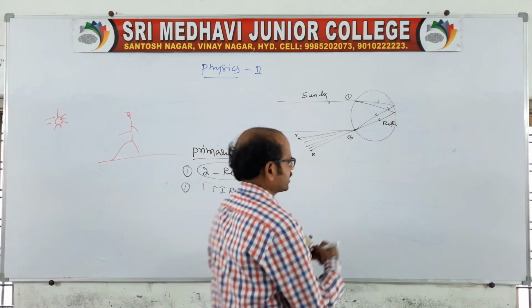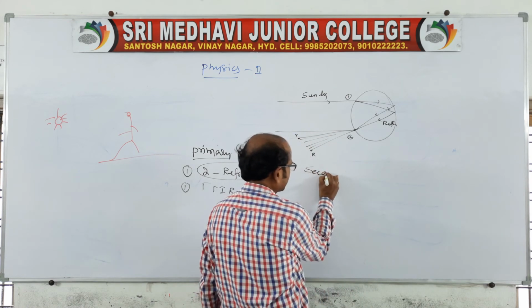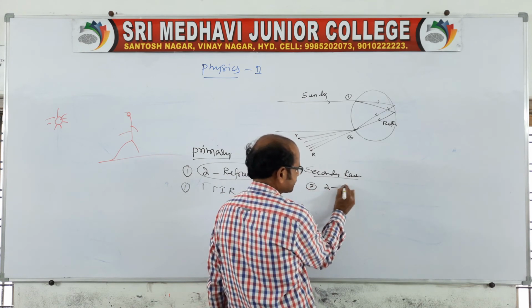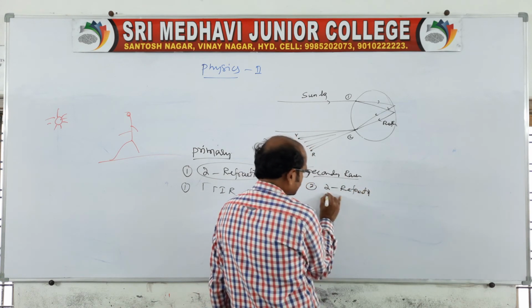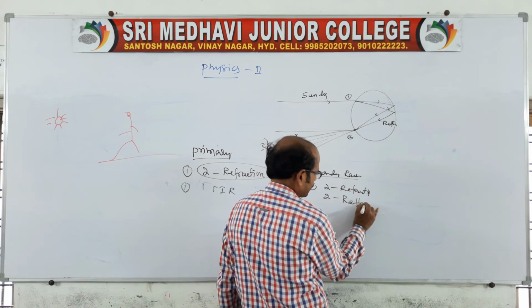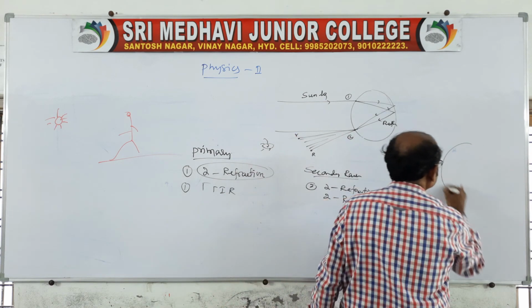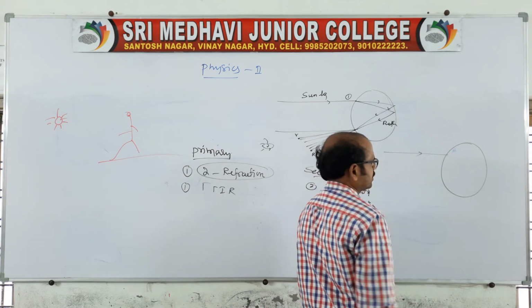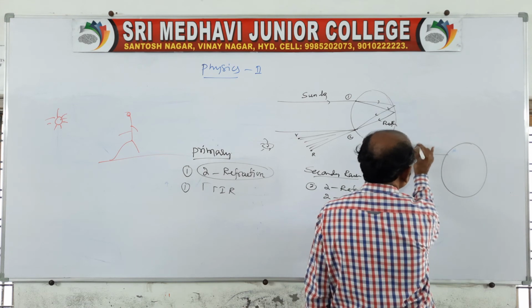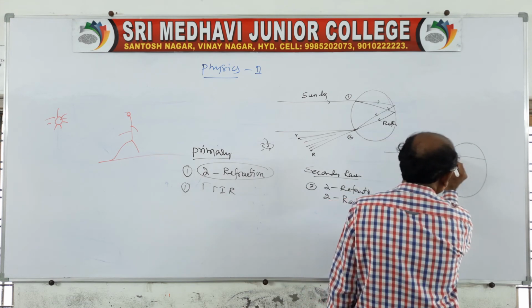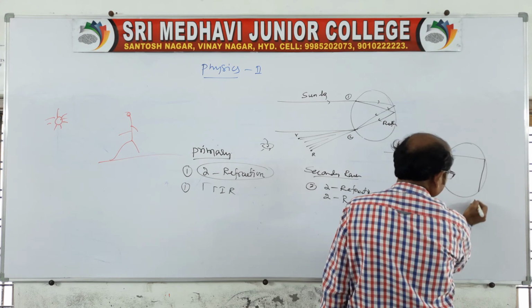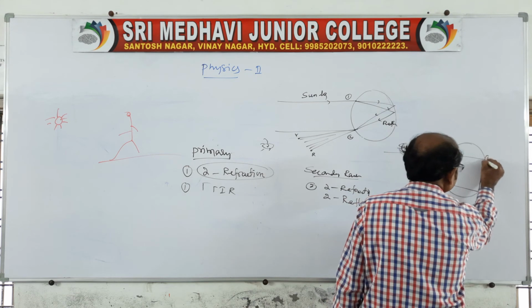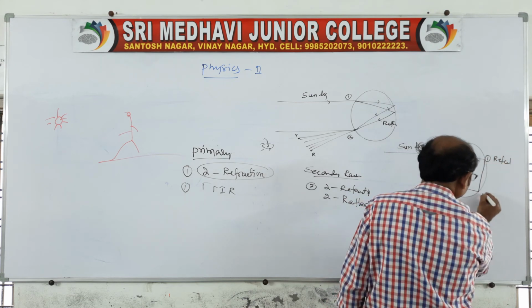Sir, how do we get the secondary rainbow? For the secondary rainbow, it takes 2 refractions and 2 internal reflections. Take a raindrop here. The ray of light, sunlight of course, enters the drop. The ray takes 1 reflection and then another reflection, and comes out like this. It is 1 refraction, 1 reflection, and here another reflection.